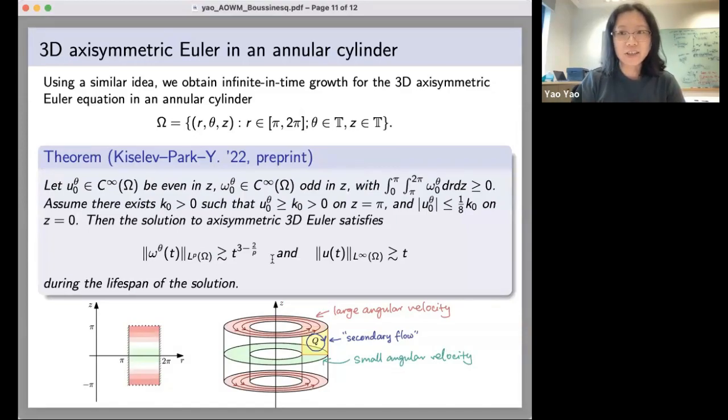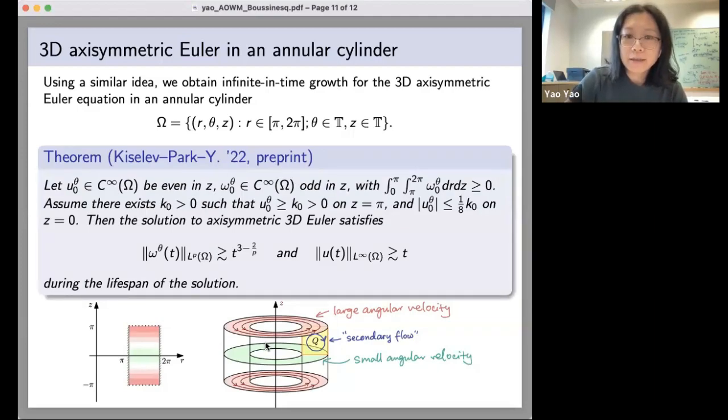I mentioned that there is this connection between the 2D Boussinesq equation and the 3D axisymmetric Euler equation. And we are able to also obtain some infinite in time growth result for this equation as well. Namely, our fluid domain is going to be a periodic annular cylinder. So I'm showing you on the right-hand side one period of such a cylinder, and then we just periodically extend it, right? So if we look at one period itself, then it's a compact domain,